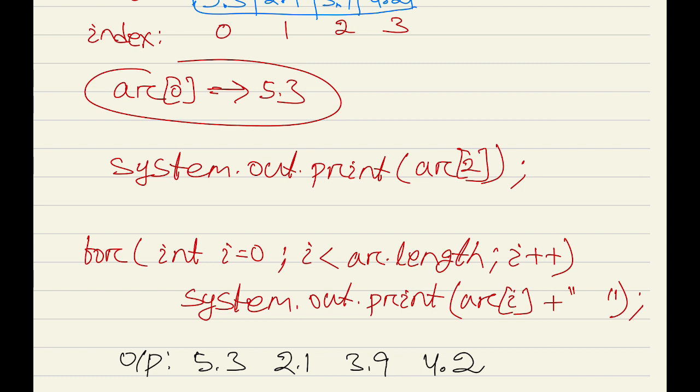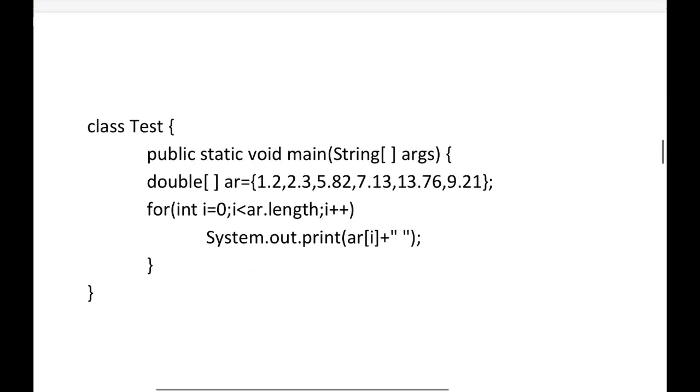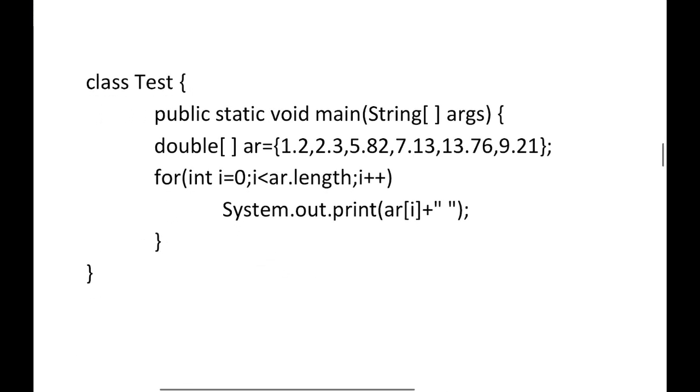Or we can see the complete program like this here. So here we have written the class test, then public static void main string args. After that we have taken one array AR that contains these values, 1.2, 2.3, 5.82, 7.13, 13.76, 9.21.